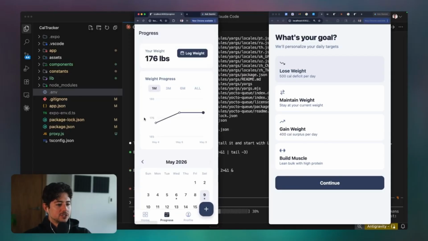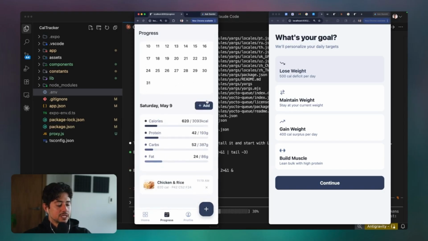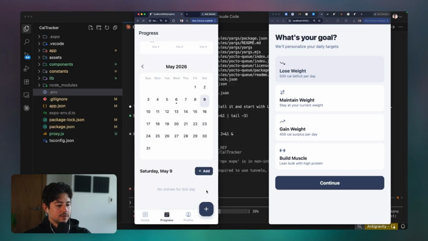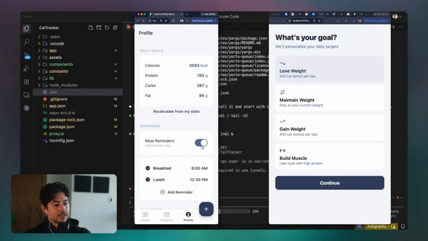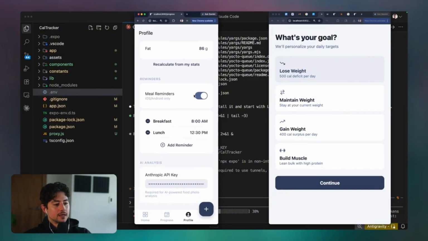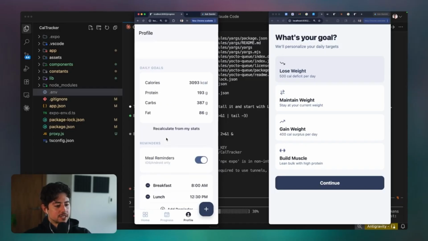If you go down to the progress page, we obviously now have the weight progress and everything's really clean on that end. And then we also can X out or jump directly into different logged entries and stuff like that. Then we have a much nicer looking flow, I would say, alongside the breakfast and lunch reminders. So